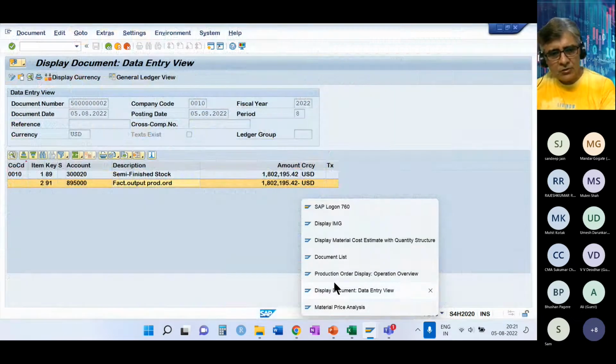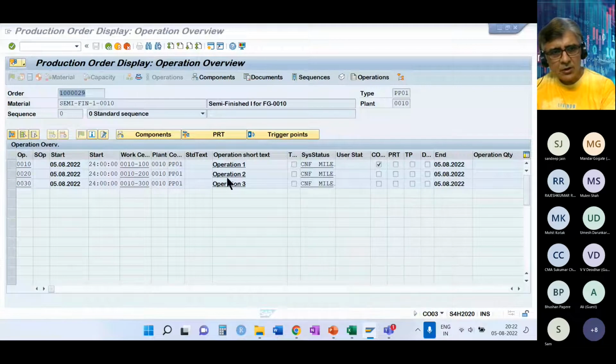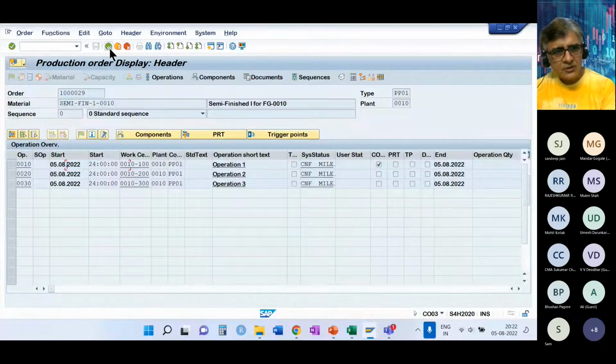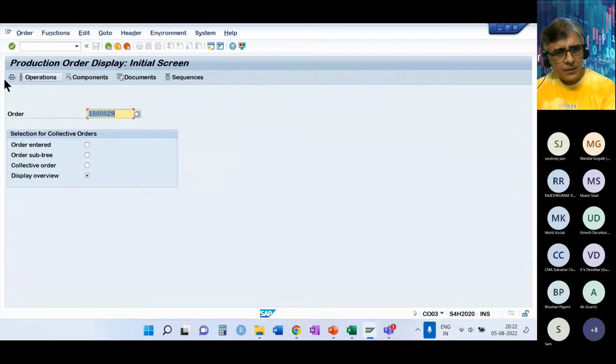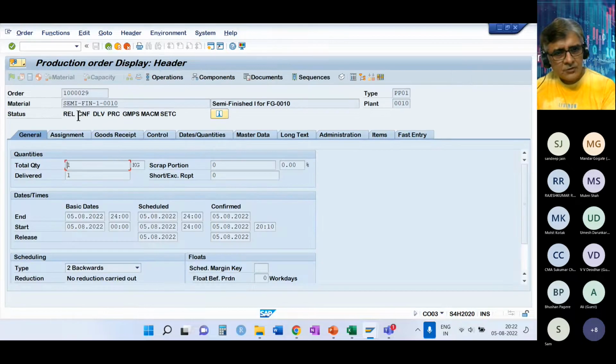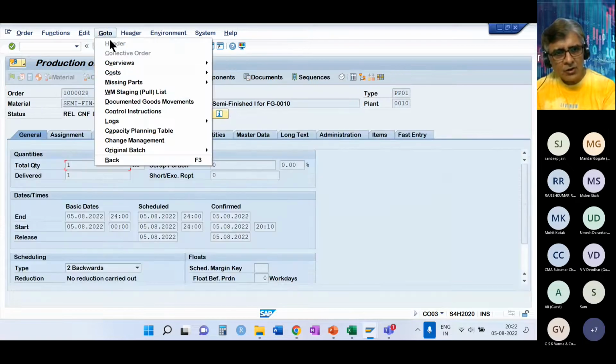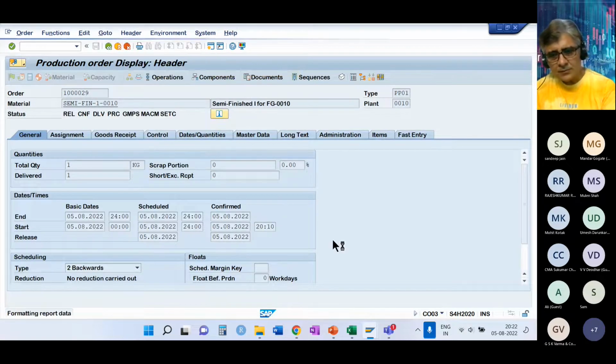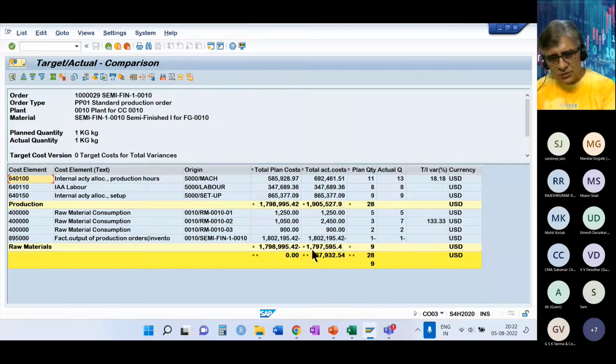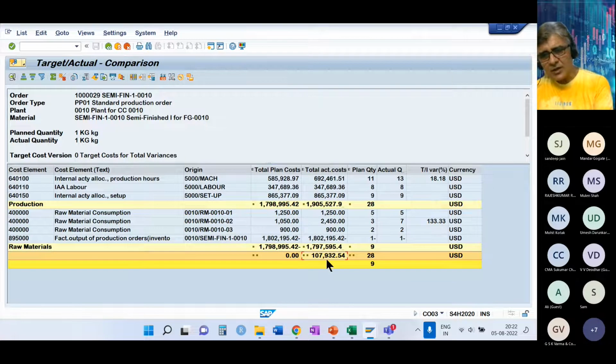Now you go to the production order. So this becomes DLV. This is the new status which is added, DLV. Come to operations, it is all confirmed. And when you go to cost, so this is also received, and this is the variance you have on the production order.